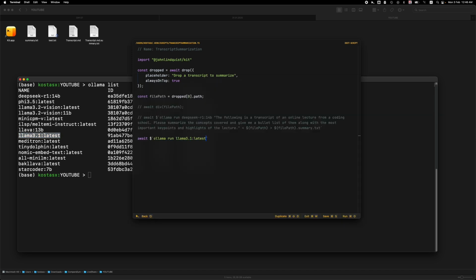So ollama run, and then translate the file into the following text, into German text, and then I'm going to be using the file path, and then I'm going to output it into file path